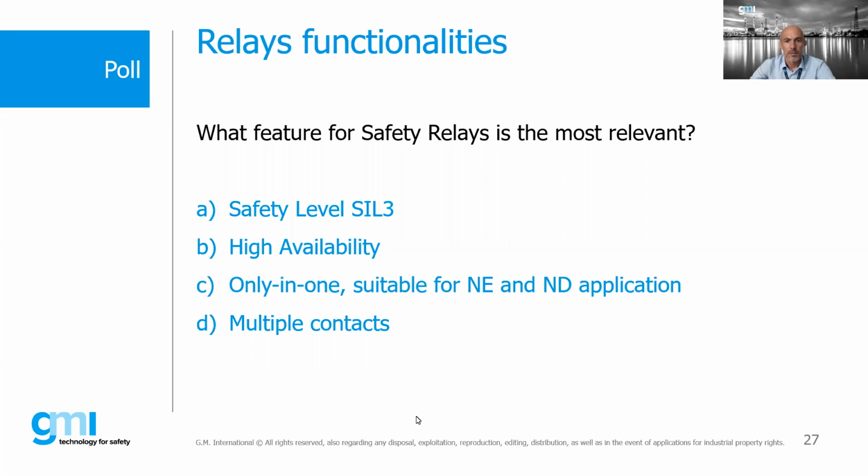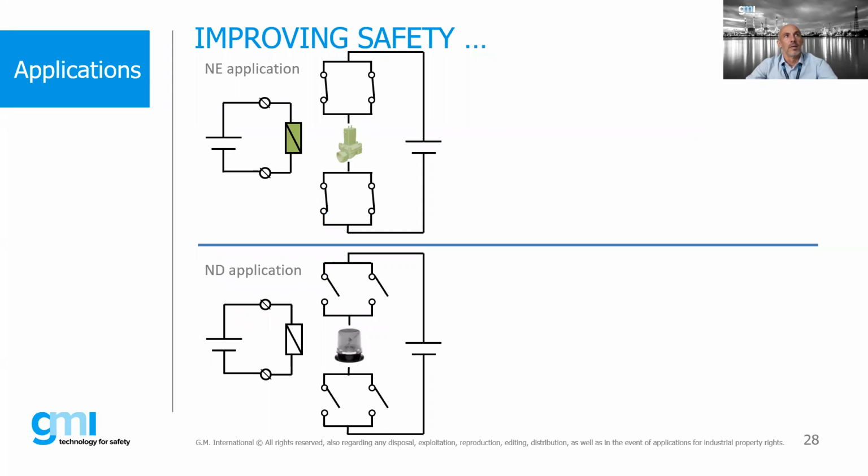That's a big surprise to me, because high availability is much more important than safety. We're talking about safety, but we understand that availability is a critical point. So we can go to the next slides and discuss this. So this is the configuration that we realized. It's a 2 out of 4 configuration where we have 2 relays in parallel, and we can see the load and the 2 relays in parallel.